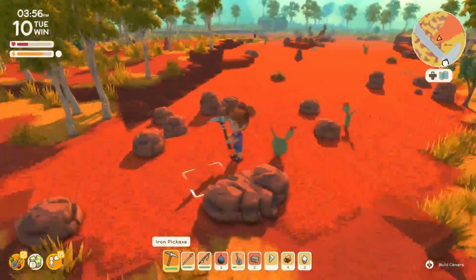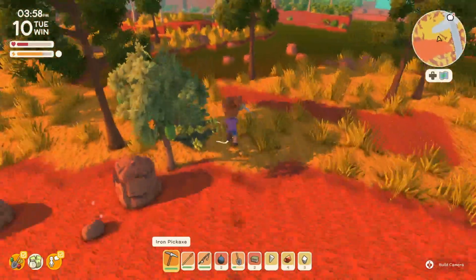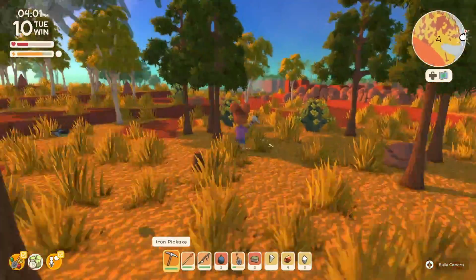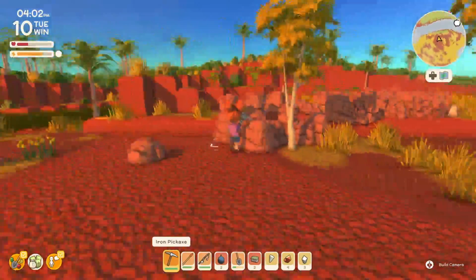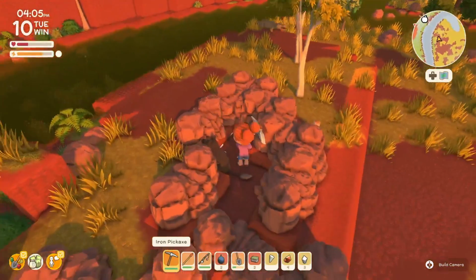So it's just those big... They all look the same. They're not all different shapes or anything. Try and find another one. But yeah, these big groups of rocks, those are all, you know...